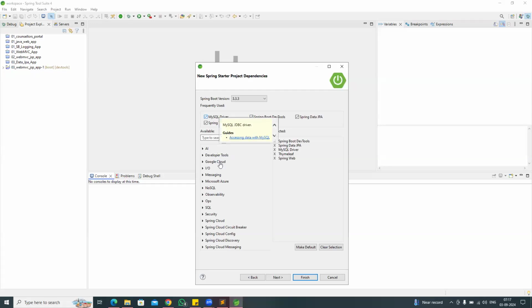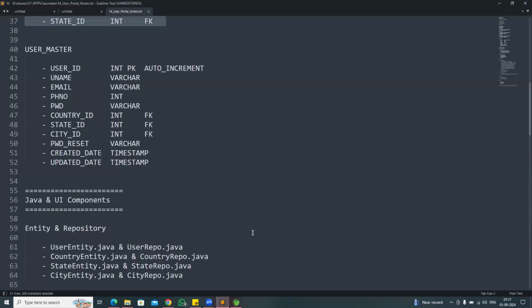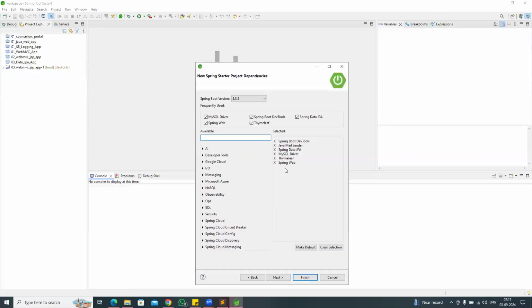MySQL driver, Data JPA, DevTools I selected, Web starter, Thymeleaf I selected, and Mail starter we need to select, Spring Boot Mail starter, since we need to send emails by using our application. I think these dependencies are sufficient to develop our project. To develop a web application, web starter; for the presentation, Thymeleaf; to communicate with the database, Data JPA and MySQL driver; Mail sender; and